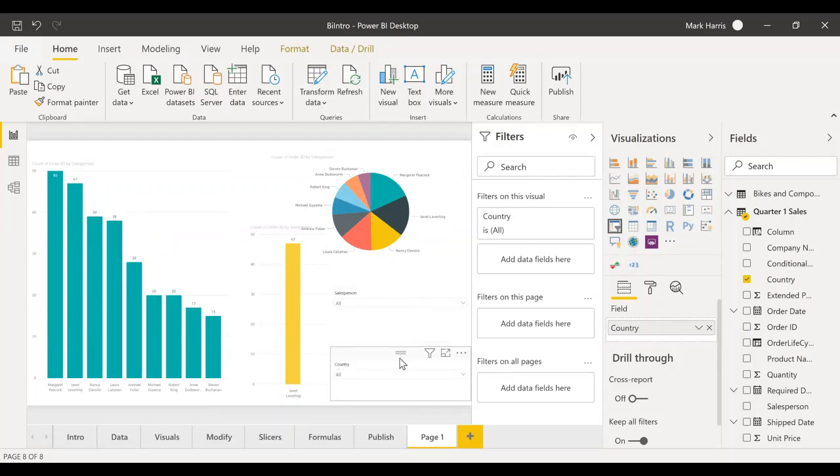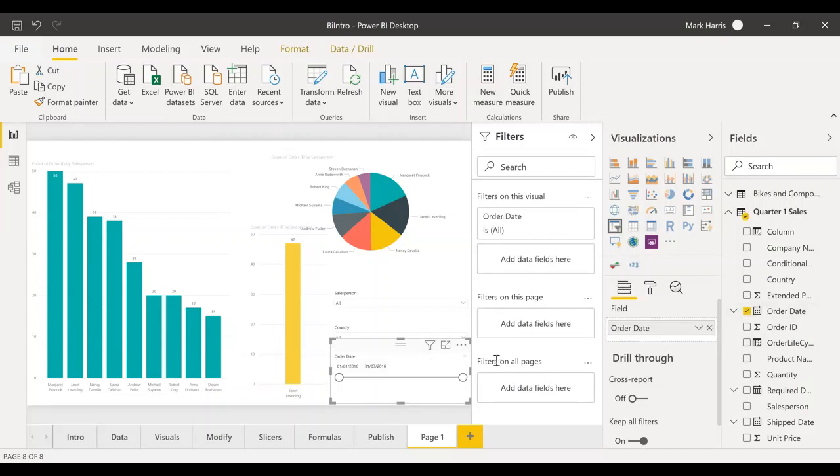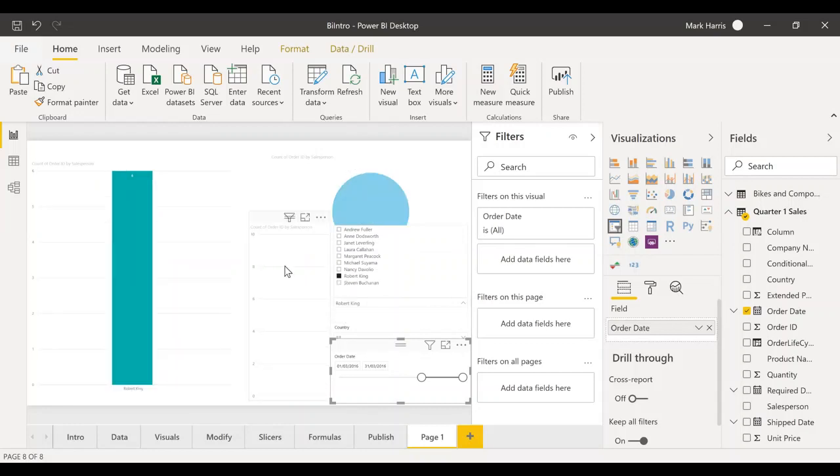Now this is obviously demo data, quite old data in the sense of its age. But if I do another slicer and bring in the order date, this is giving me a between, from the 1st of January 2016 to the end of March. But if I only wanted to look at just what happened in March, then that's now showing me all this data in March. So if I want to see how well Robert King was performing in March,